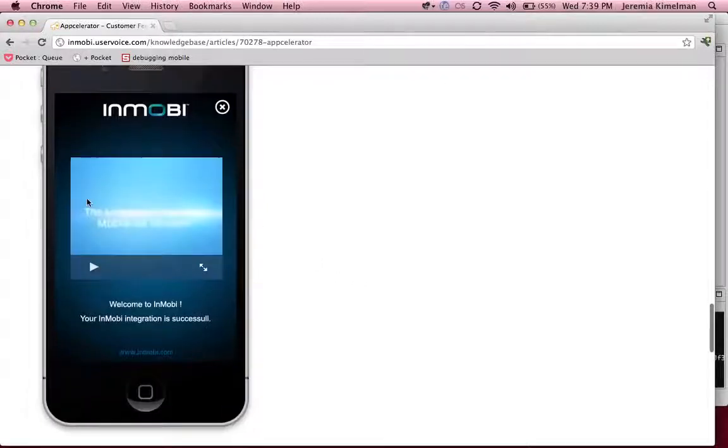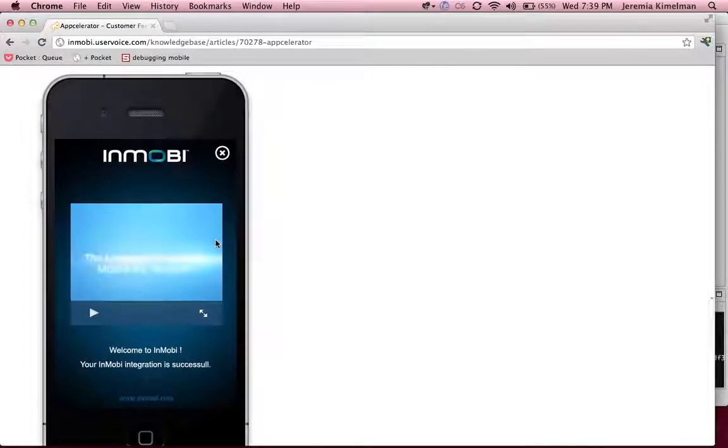This is what an interstitial ad looks like. Essentially, that's the fancy word for an ad that takes up the entire screen. Now, you might ask, why would you ever want to put an ad over the entire screen, as that frequently annoys users? The answer is that it usually results in higher monetization because an advertiser is willing to pay for